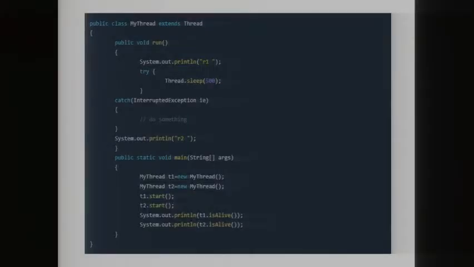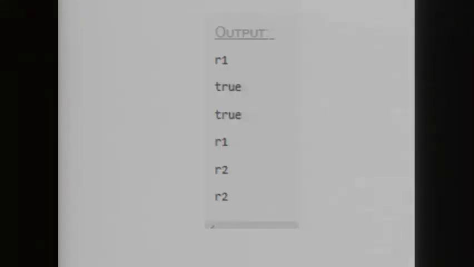So let's see what would be the output of this. Okay, this is the output: R1, true, true, R1, R2, R2. Hope the concept is clear now.